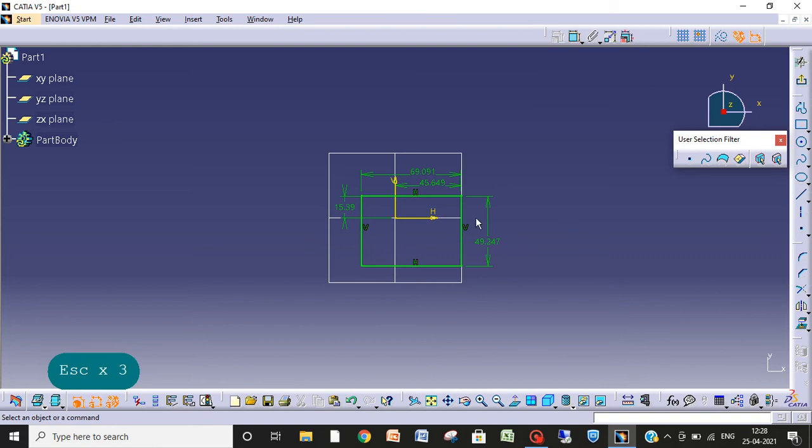Now it is green and fully defined. In our sketcher, when we were practicing our sketch, we saw the importance of this green color. Green means it is fully defined and it will not move here and there.